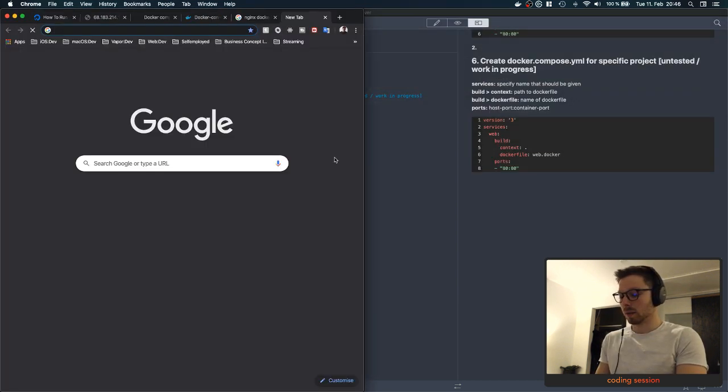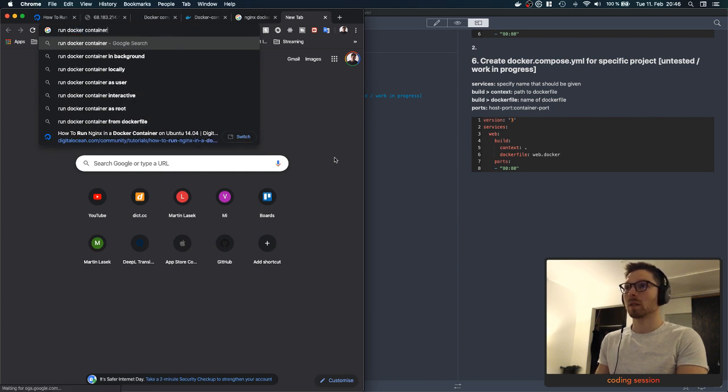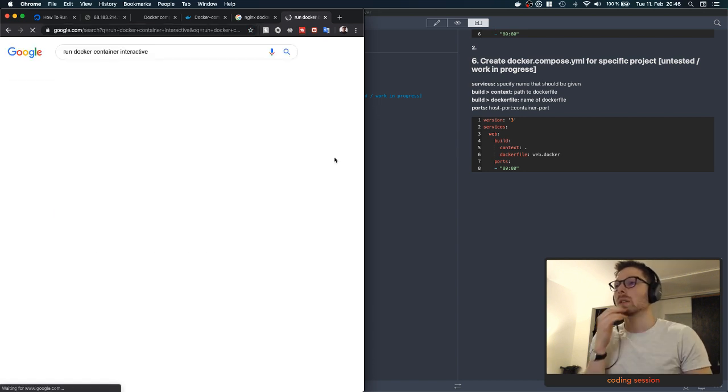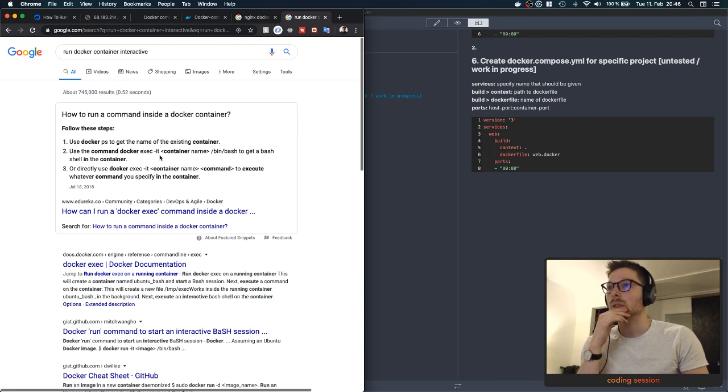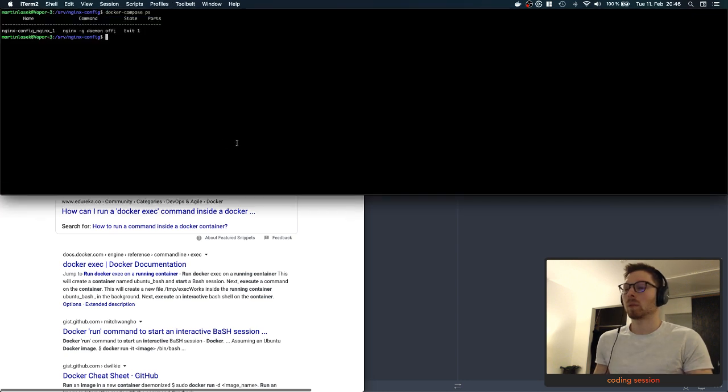Let's say run Docker container interactively, with a container name. That's what we did. Docker